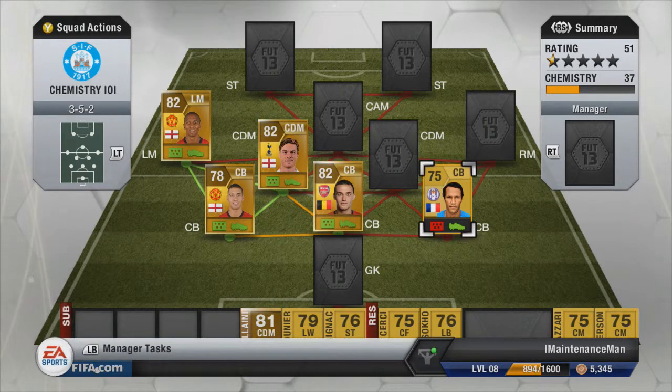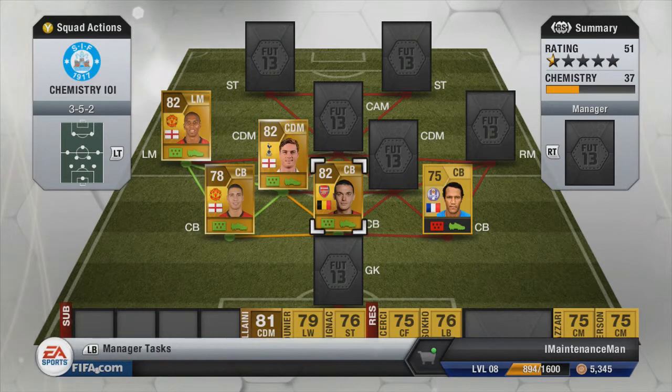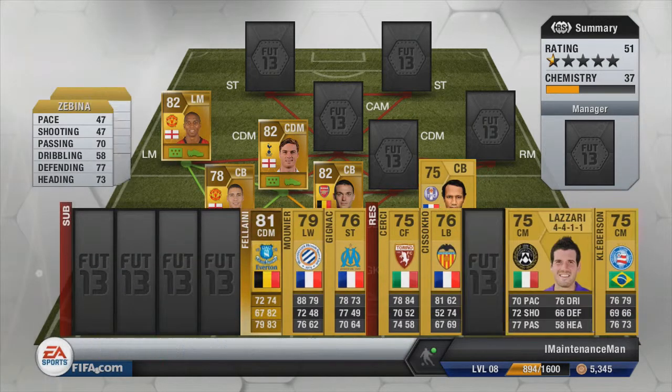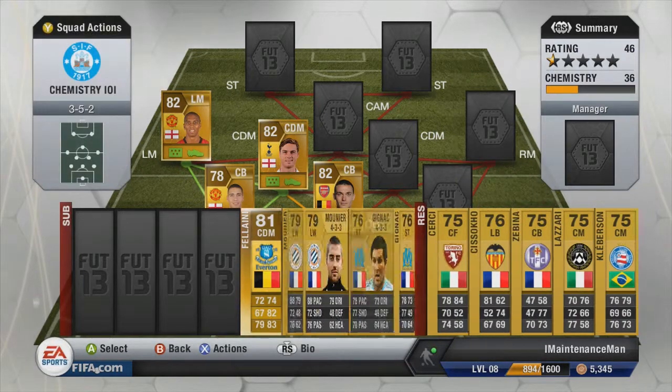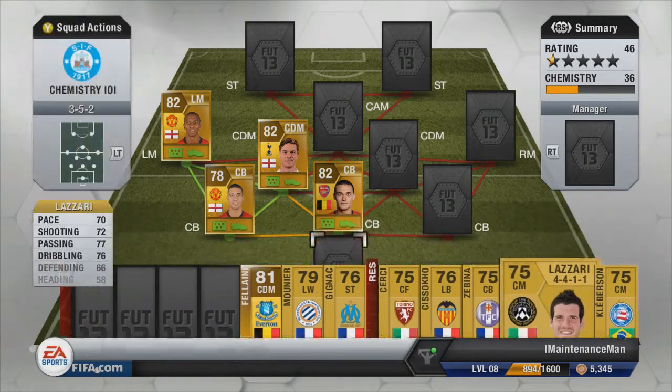This indicates that they will have no chemistry, and you'll see that the chemistry of Zabina comes down to 3, while Vermaelen stays at 9 because of the little triangle that he's formed there with Scott Parker and Chris Smalling. So if we take him out,